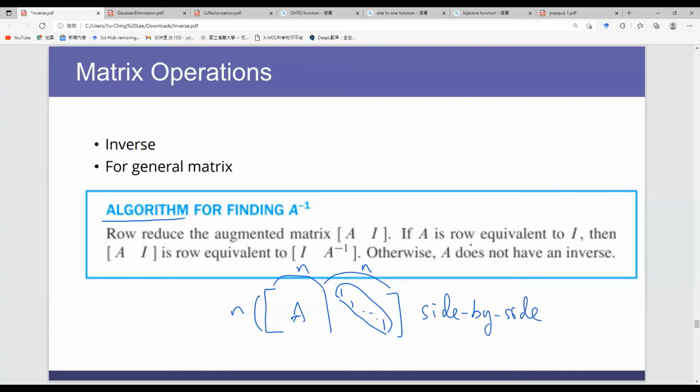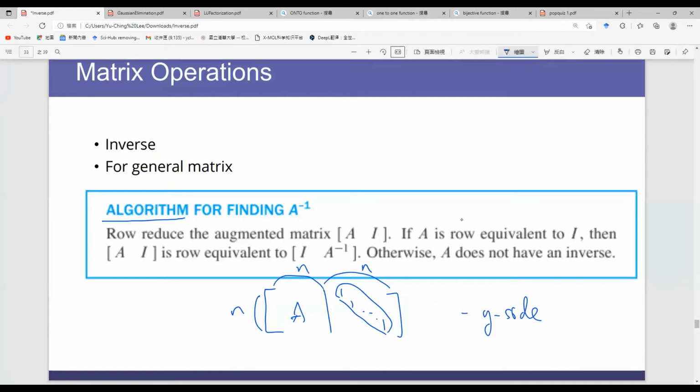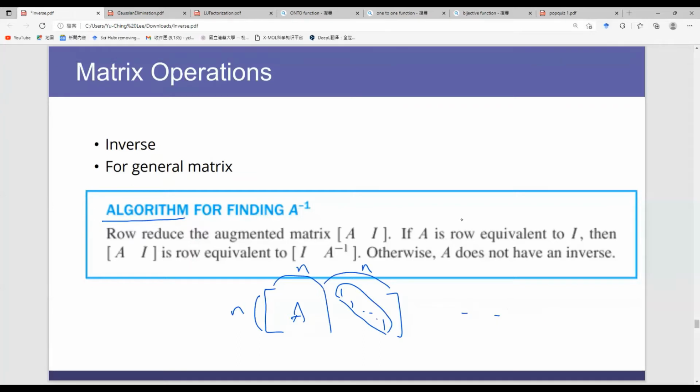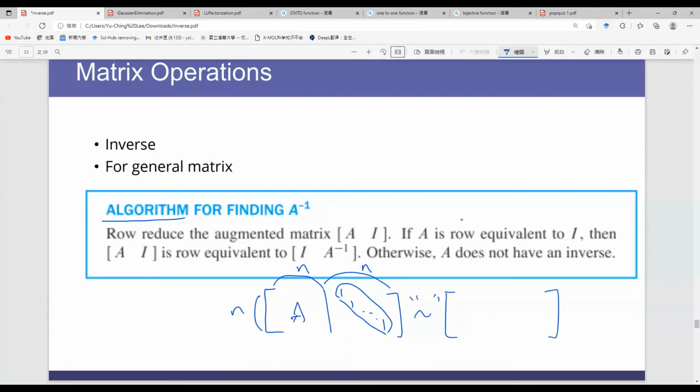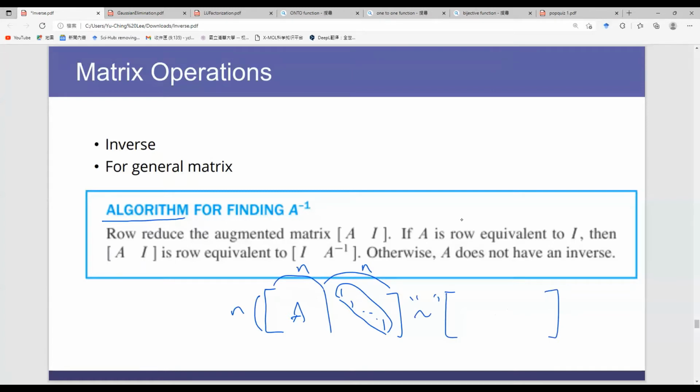把 A 矩阵跟 identity 矩阵一左一右把它放在一起，然后变成一个 n 乘以 2n 的矩阵。And then we try to do the row operations like this. We use a similar notation. This means row equivalent. We use row operations to operate on this matrix, and then try to reduce it